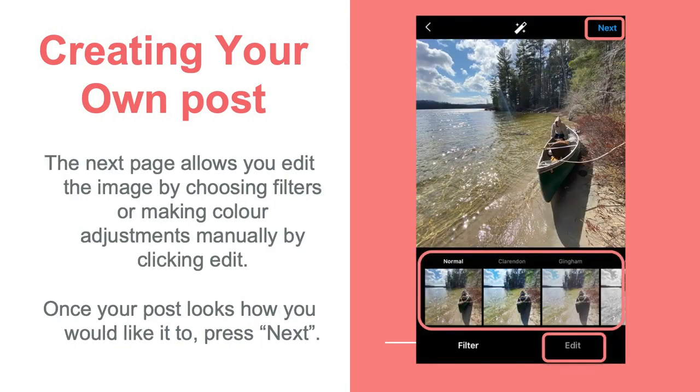And there are different filters you can add to your pictures. Sometimes it'll just adjust the contrast on the photo or add some grayscale, make it black and white. It might change the color of the picture. So these are all filters you might have seen before on different platforms, but Instagram, since it's a very visual entertainment application, offers some pretty cool filters that you can change your pictures to. But natural is always nice. It's okay too.